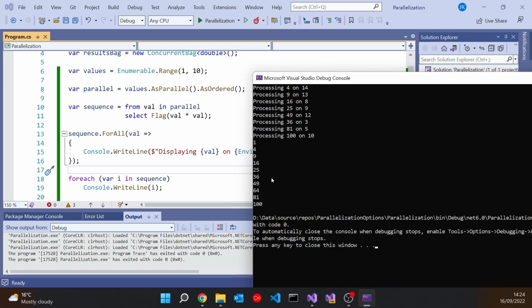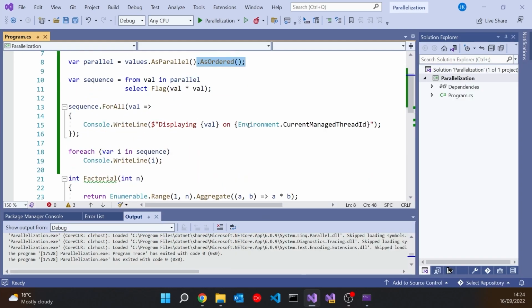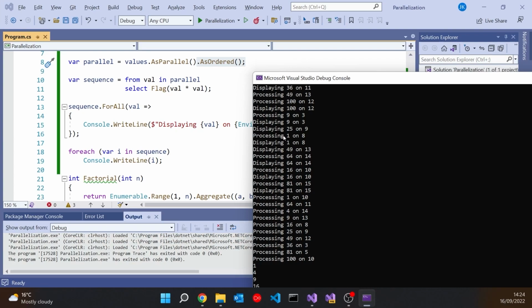And also another thing to notice, although the end results are ordered because we had the AsOrdered, the intermediate stuff that we're getting on the ForAll is pretty much randomized because that is just processing each one as and when it's ready. So we can see slight differences there.